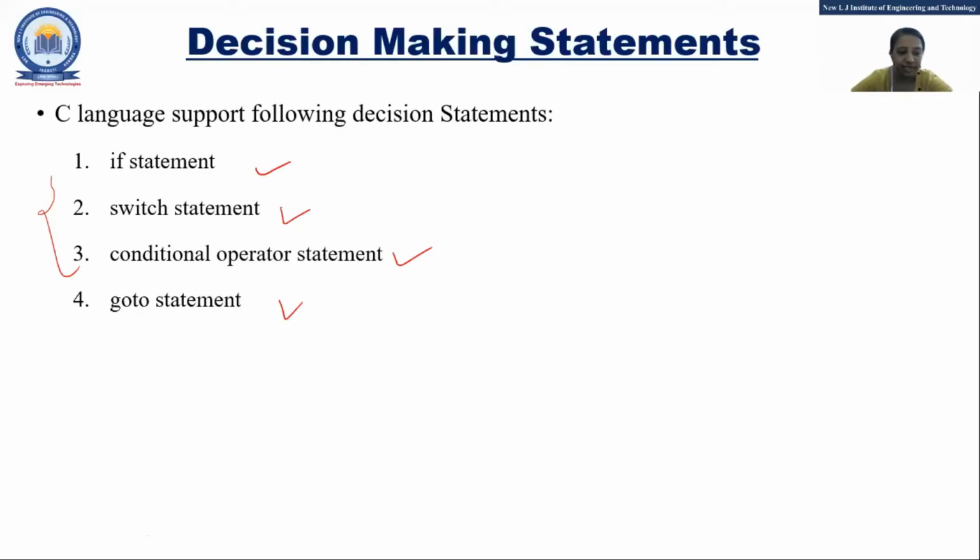Which concept have we already seen from these? Just write down in the chat box which concept we saw in the previous chapter, unit 2. Until you give an answer, the continuity is supposed to change, right? What is important is the conditional operator. Conditional operator. What about the if statement?